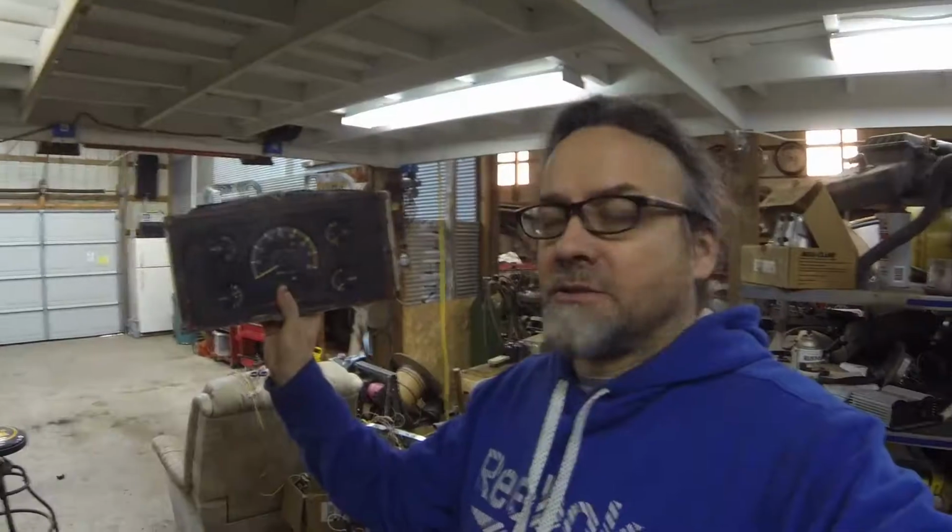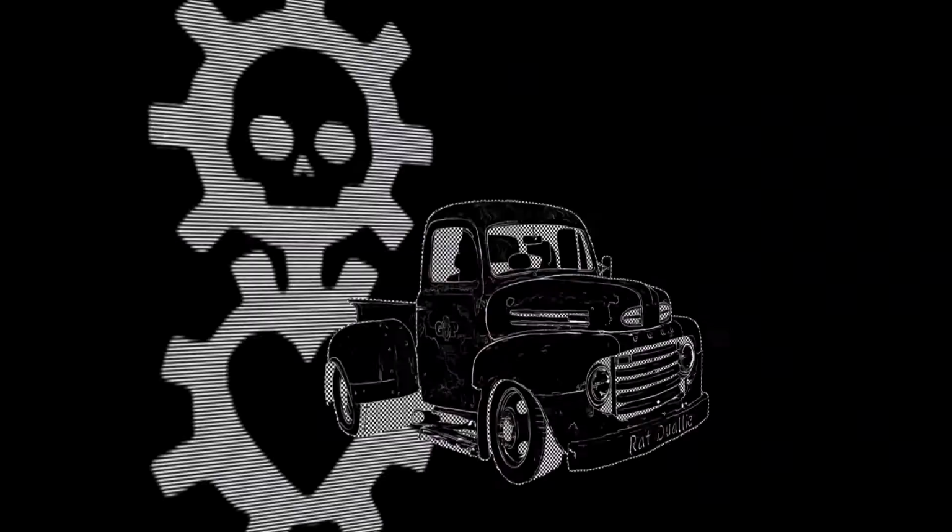Got a little update on my Rat Duallie swap. As I had mentioned in previous videos, I was going to try to make the factory instrument cluster work in here, but